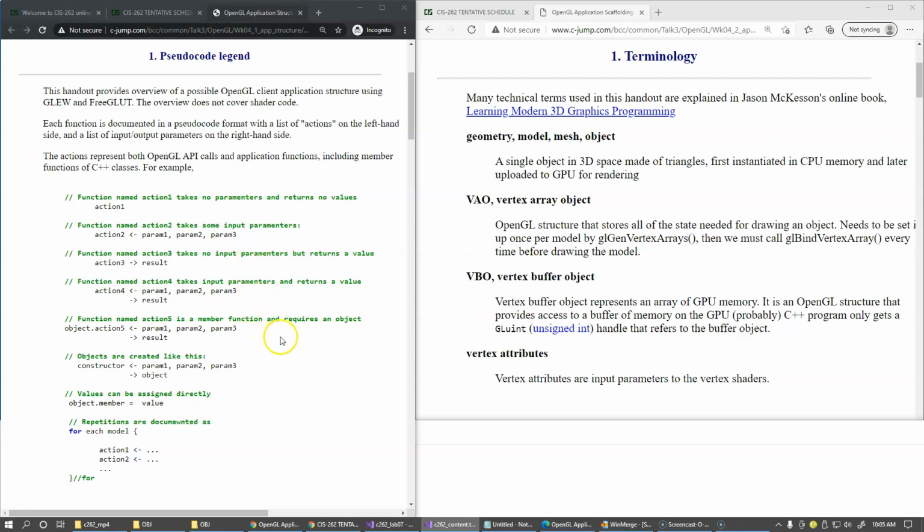On the right-hand side, I focus primarily on OpenGL API used by our program and trying to explain why we call this or that OpenGL function to satisfy the needs of our application. So here we start with the most basic definitions of terms, which you can also find in our OpenGL online textbook. So when we refer to geometry, model, mesh, or object, it's a single object in 3D space made of